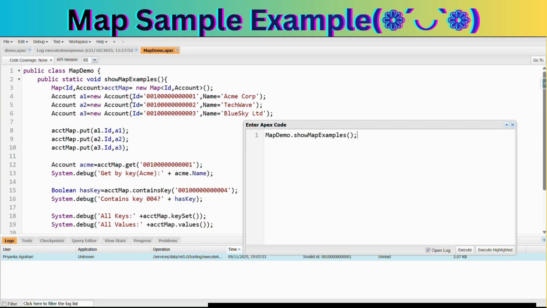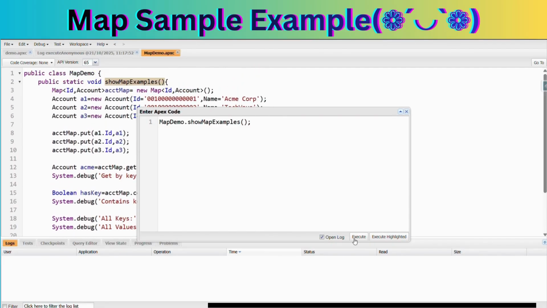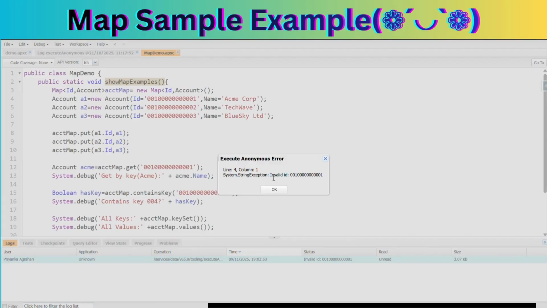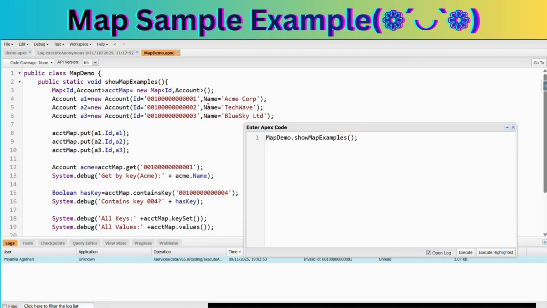So you should be aware of this. The fifth point is that iteration order is not guaranteed, so don't rely on the sequence of keys or values. It may cause errors or other issues, so you have to be aware of these things also. These are some pretty important mentions.